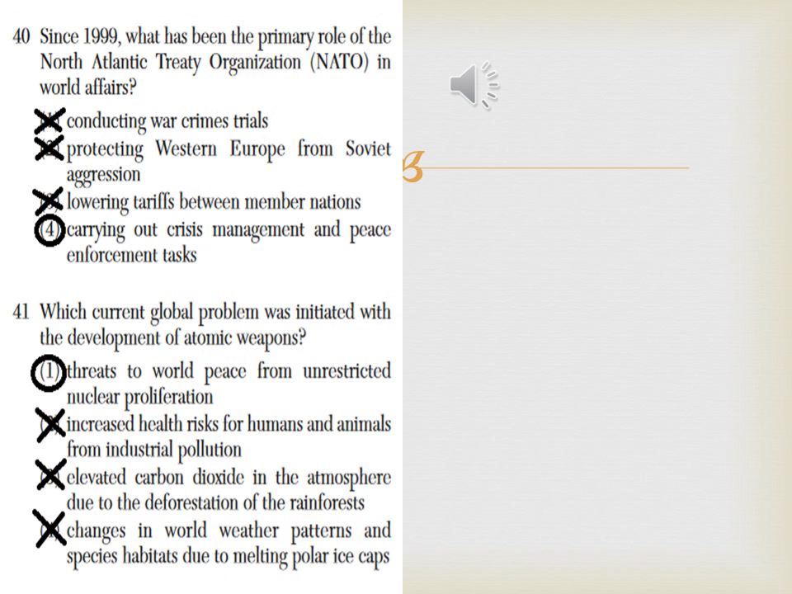Question number 40. Since 1999, what has been the primary role of the North Atlantic Treaty Organization, also known as NATO, in world affairs? Is it 1. Conducting war crime trials? No. Is it 2. Protecting Western Europe from Soviet aggression? Aha. Not bad. I'll talk about it later. Is it 3. Lowering tariffs between member nations? No. Is it 4. Carrying crisis management and peace enforcement tasks? The answer is 4, but